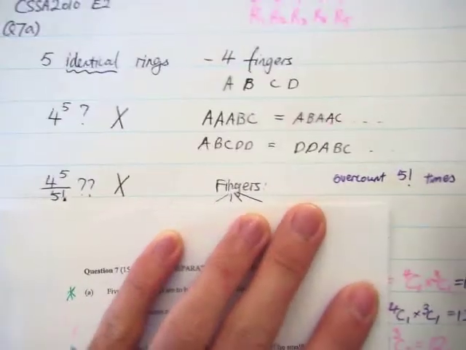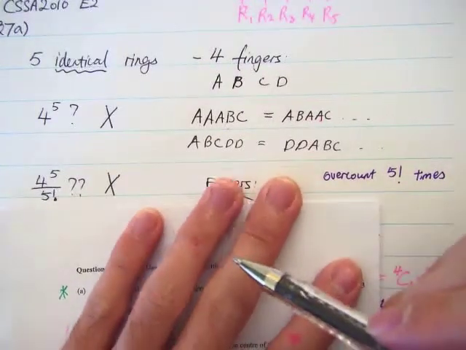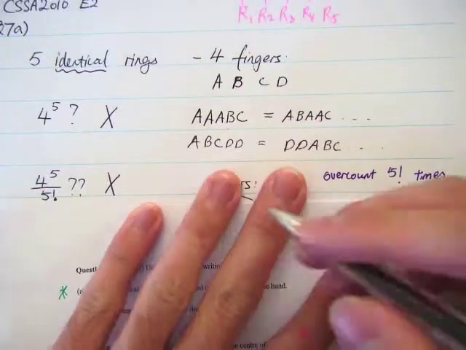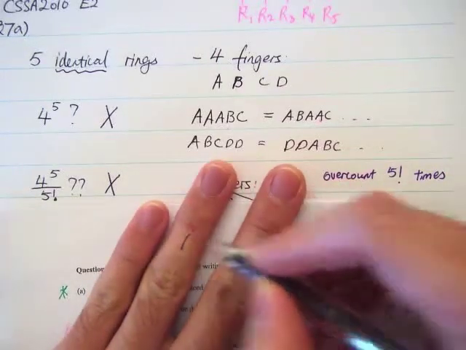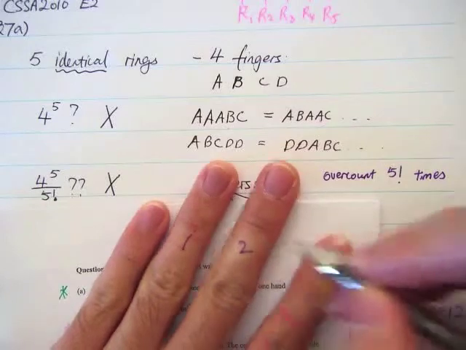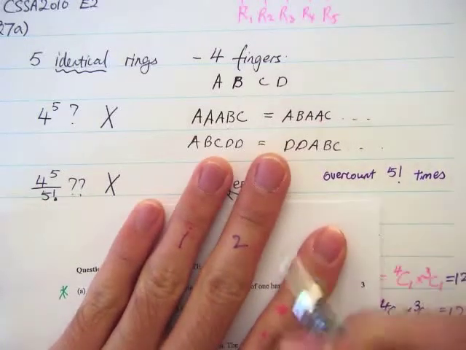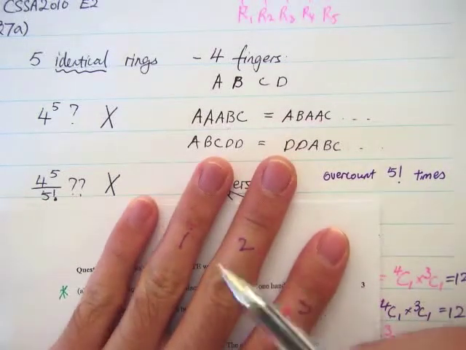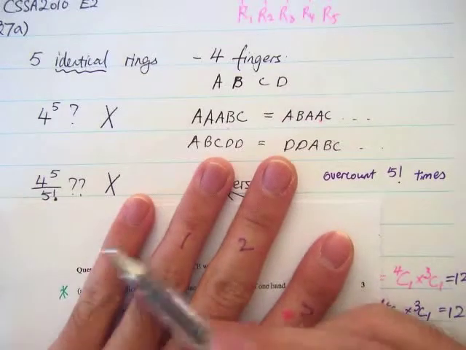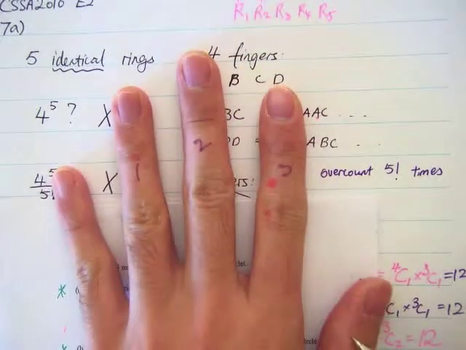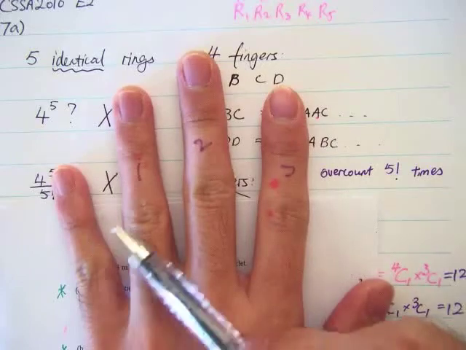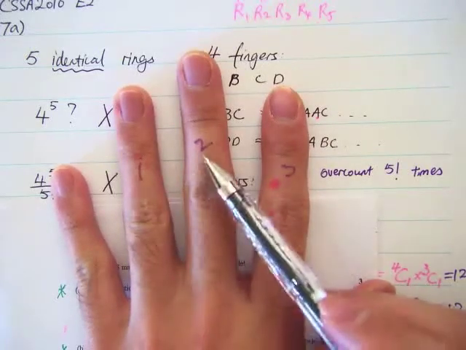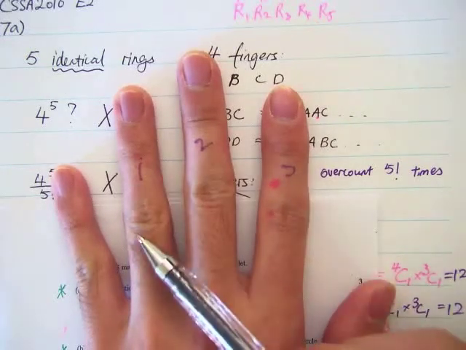Here, I'm trying to convince you that we didn't actually overcount 5 factorial times. You might think, okay, if you had ring number 1, ring number 2, and ring number 3, sure, if you have one ring on each finger, and there were 5 fingers, so ring number 4 and ring number 5, then of course you'll get overcount 5 times because you can have 2, 1, 3, 4, 5, or any